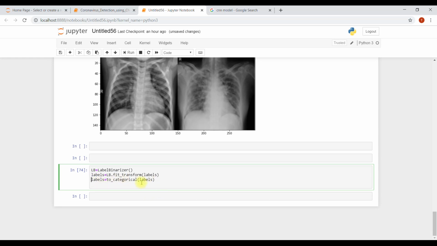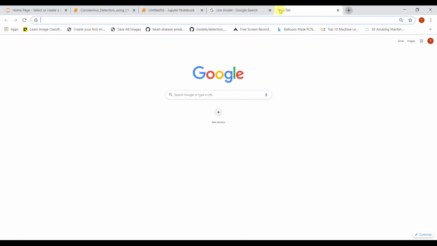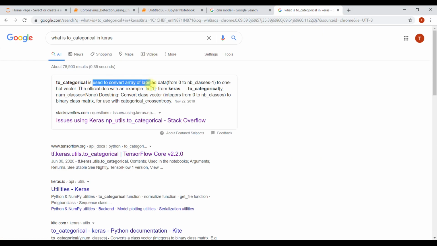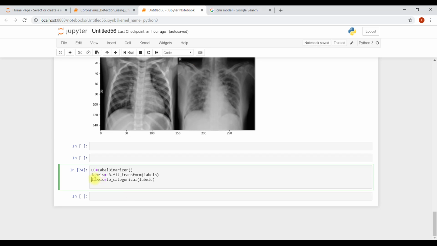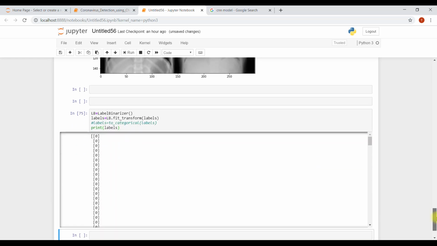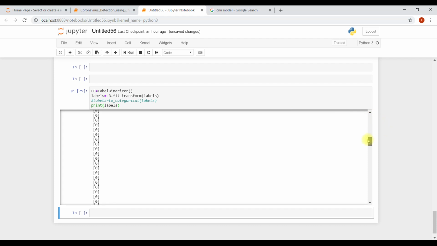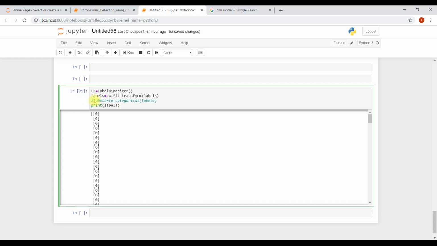Now what is this to categorical? It is just to convert your arrays into NumPy, your one hot encoded. In Keras, to categorical is used to convert an array of labeled data from 0 to num classes minus 1 into a one hot vector. You will see what I am saying. Let me comment this and print what I mean. Print labels. 0 0 0 0 and like this, but we wanted to convert into one hot encoding.